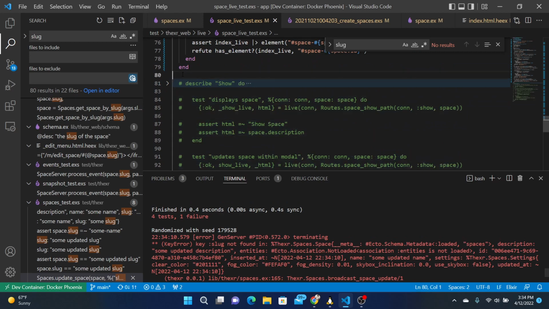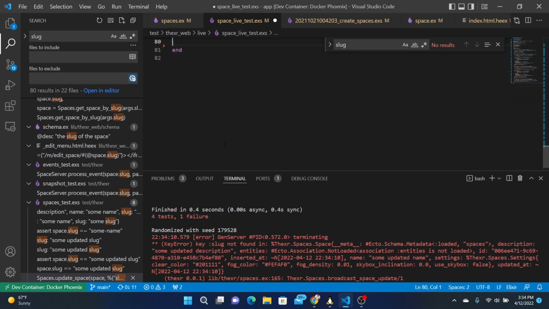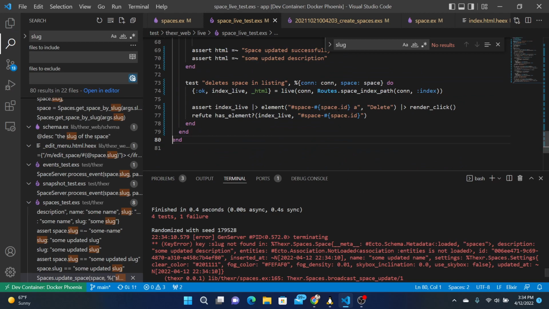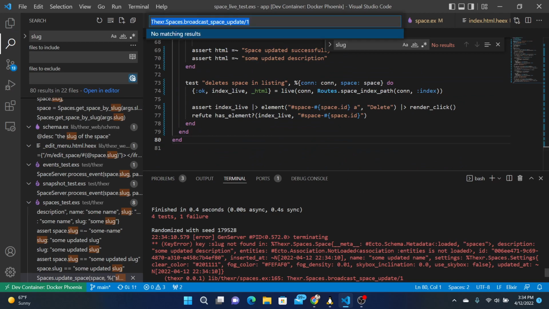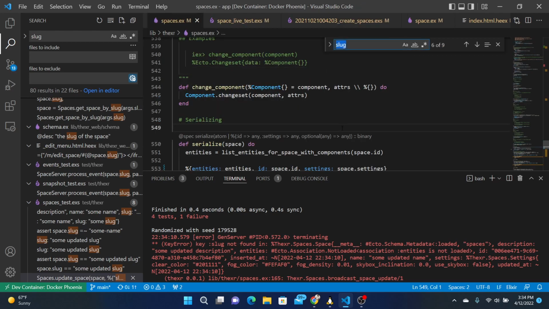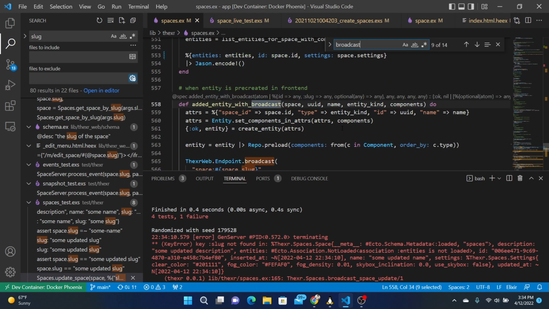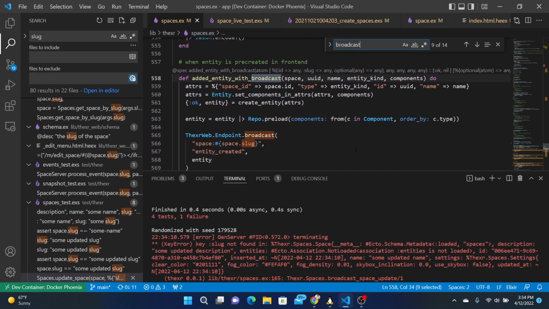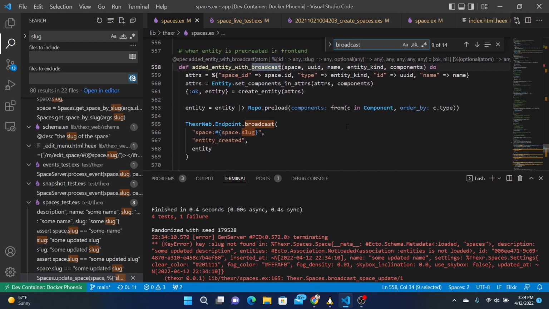Okay, I think we can get rid of this. It's fine. Let's see. Spaces, broadcast space update. Spaces, broadcast. We have, yeah, space dot slug. Okay, so let's replace every space dot slug here.